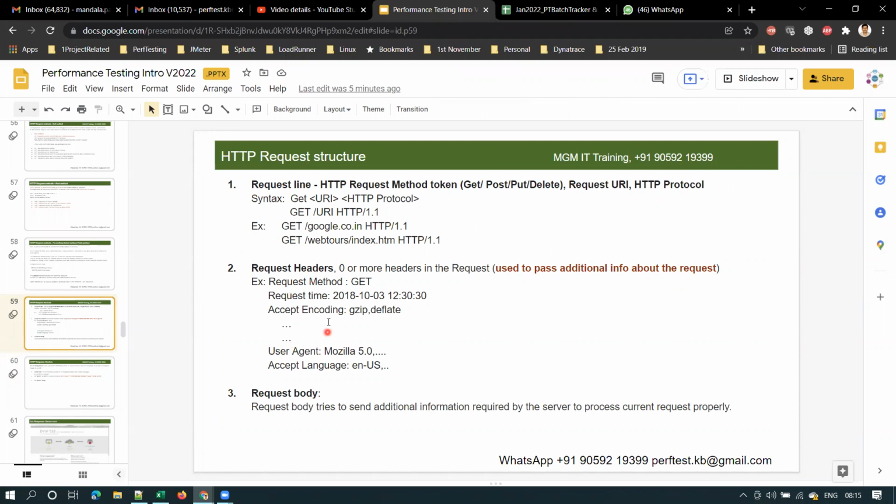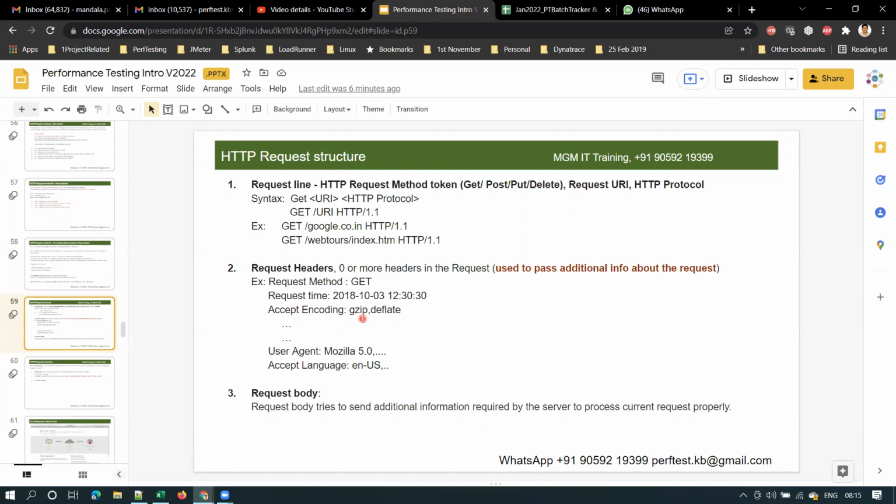I listed some important request headers. The first one is the request method, which tells you whether it is a GET request or a POST request, along with the request time, at what time the request is made, and the encoding format. Accept-Encoding gzip, deflate means that when the server sends the response to the browser, it will send it in a compressed format.